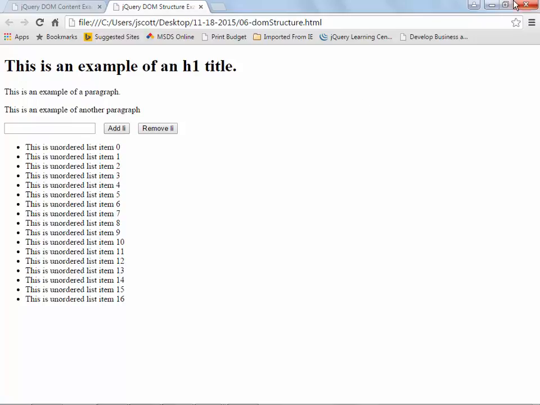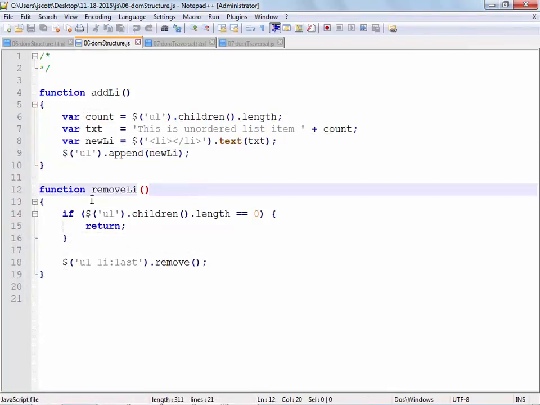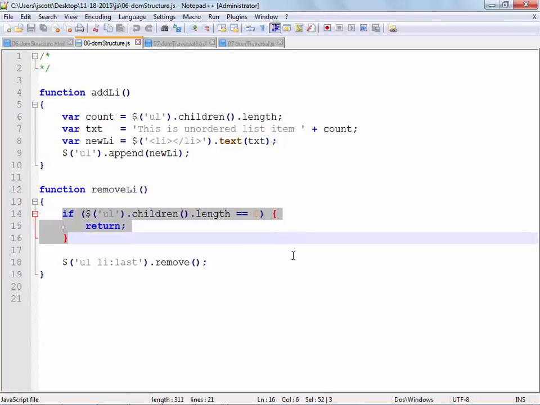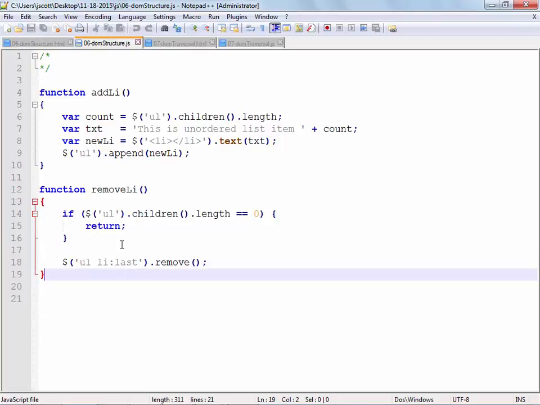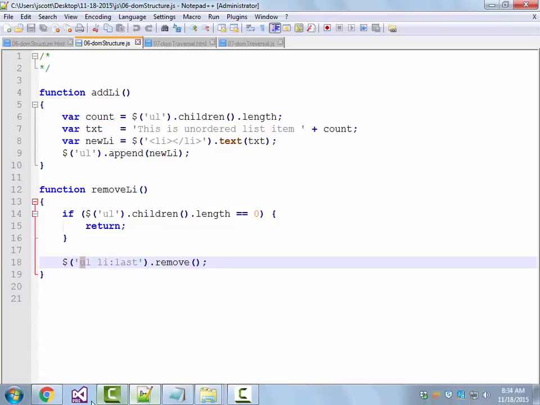All right. Then if we look at it from the other direction, when we click remove LI, the only thing that's important in here, like I said, is we want to make sure we don't start putting in negative numbers. So what we're saying is, if the length is 0, just return. You're done. Don't do anything. Otherwise, grab the last one that was in there and remove that list item from our unordered list. Now this is a simple example. It would be more complex if we had many unordered lists in here, because then we have to give each one an ID, for example, but the idea would be the same. So again, as you see when you run through this,